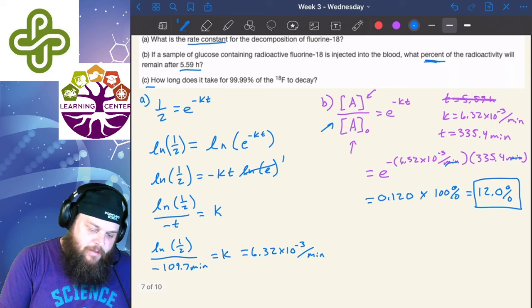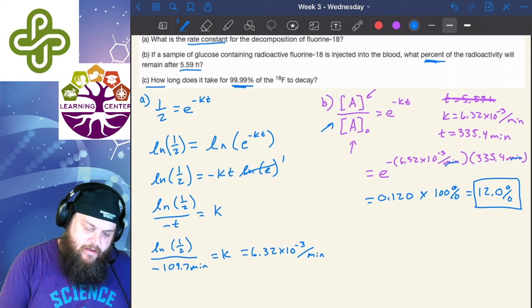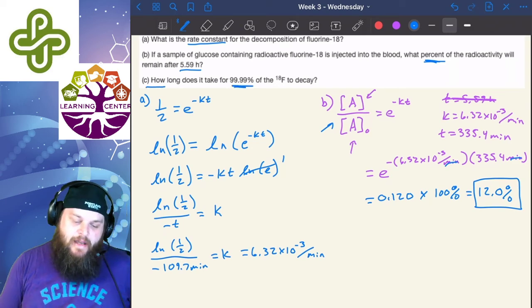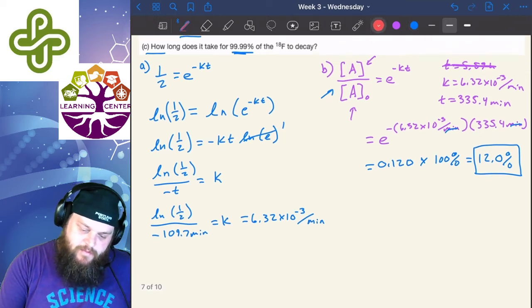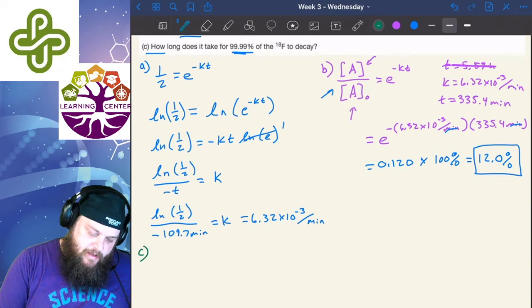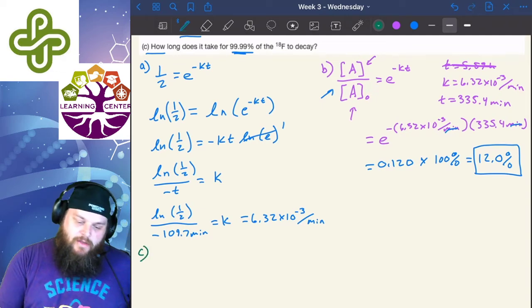So the last part, part C, is how long does it take for 99.99% of the fluorine-18 to decay. So let's pick another color for this one, the green, for part C. So we wanted to get